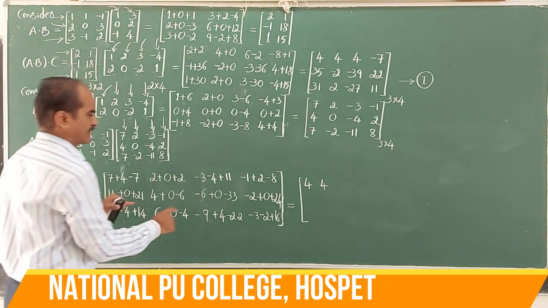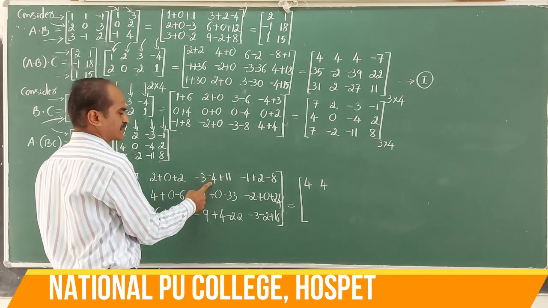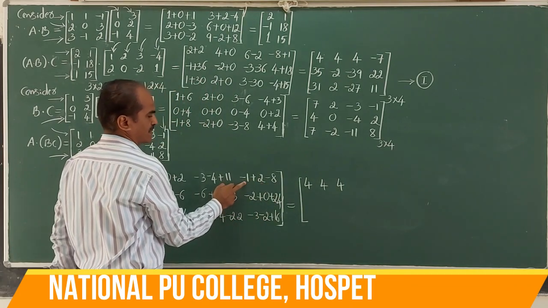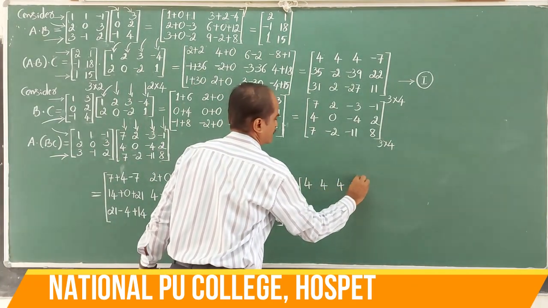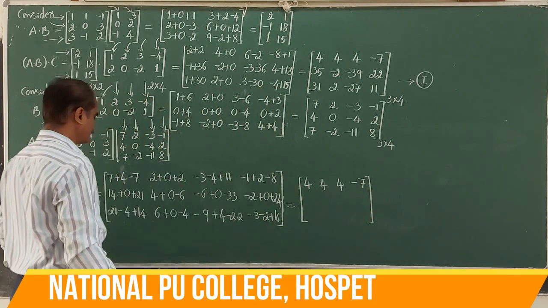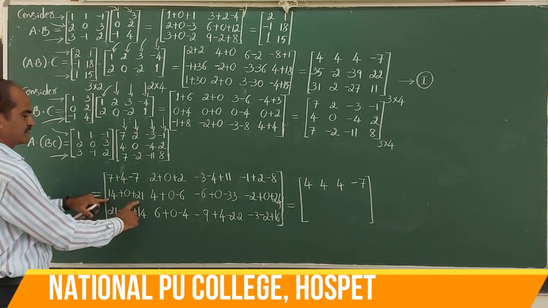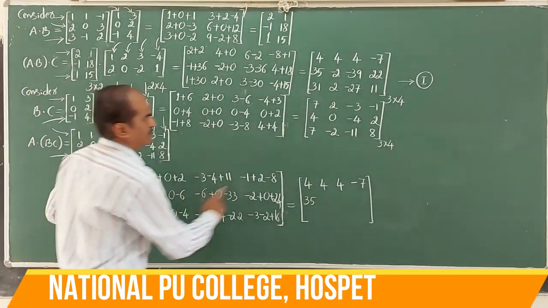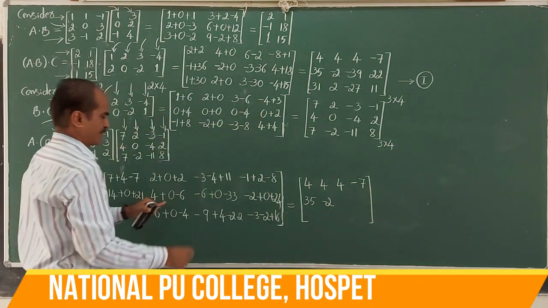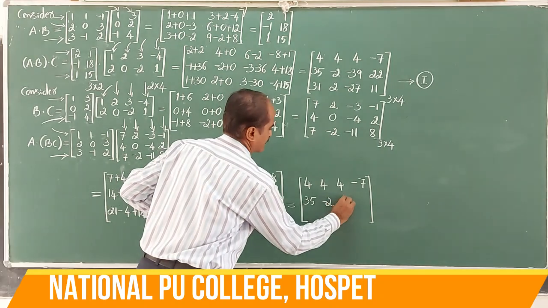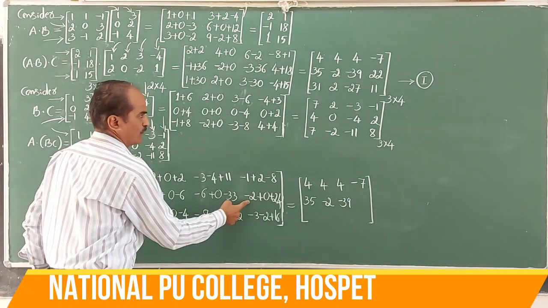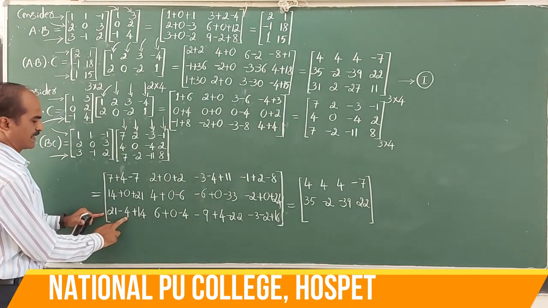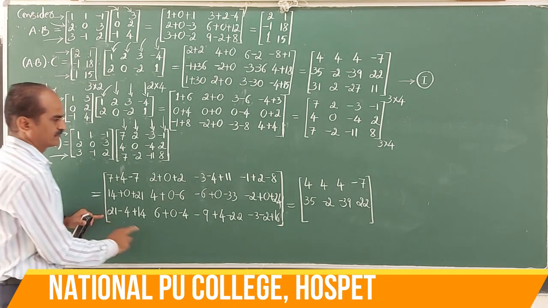Now continue here. Minus 3 minus 4 minus 7, minus 7 plus 11, 4. Yes, exactly matches. 2 minus 1, 1, 1 minus 8 minus 7. Next, 14 plus 21, 35. 4 minus 6, minus 2. Minus 6 minus 33, minus 39. 24 minus 2, 22. Then 14 minus 4, 10. 10 plus 21, 31.